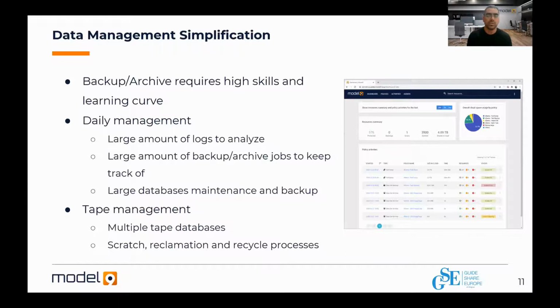Obviously, all of this can also be automated, but sometimes you want to have a look on your own and see what's wrong. This UI will allow you to define your policies, to see them all in one place, to search for backups, for archives, all while still allowing you to do all of that from the mainframe side as well. So a CLI, again, for listing, recovering, all of that should always be available.